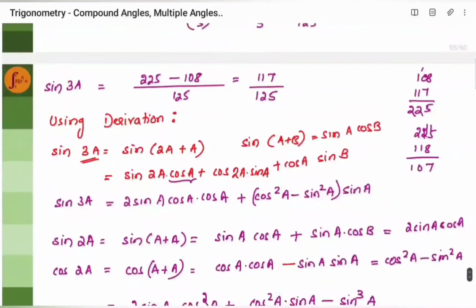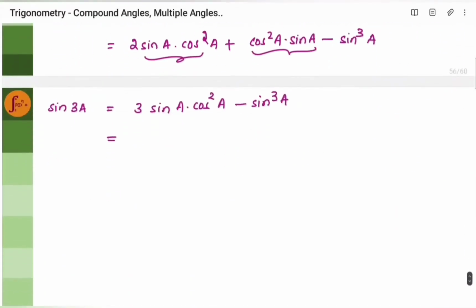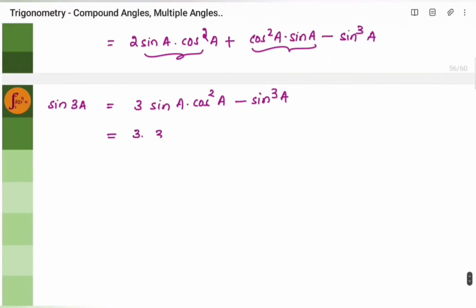Sine A is 3 by 5. So it is 3 into 3 by 5 into cos square A, minus sine A which is 3 by 5, the whole cube. Now we don't know what cos square A is. We have been only given the sine A value. Sine A is 3 by 5. What we can do is,